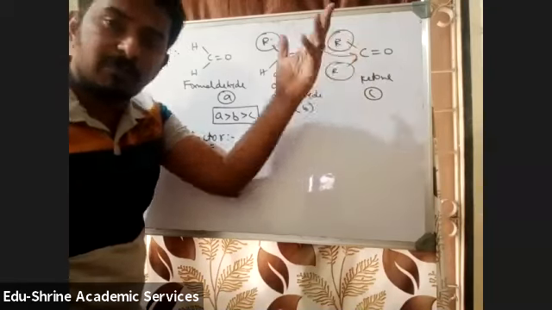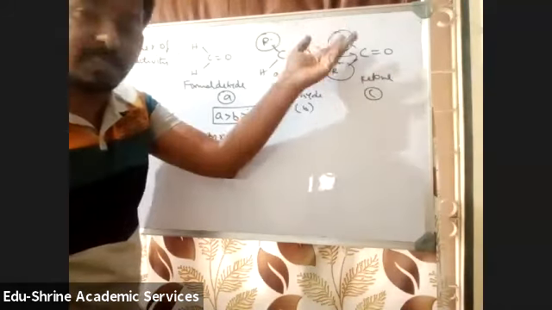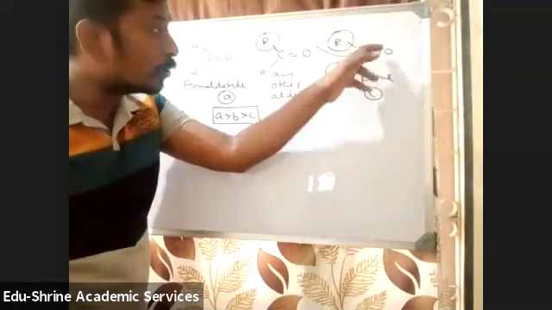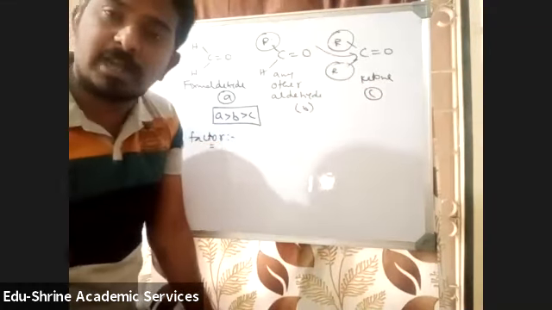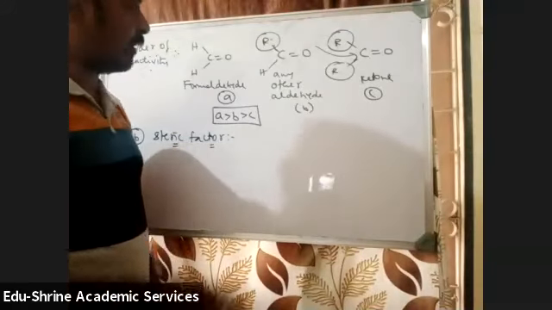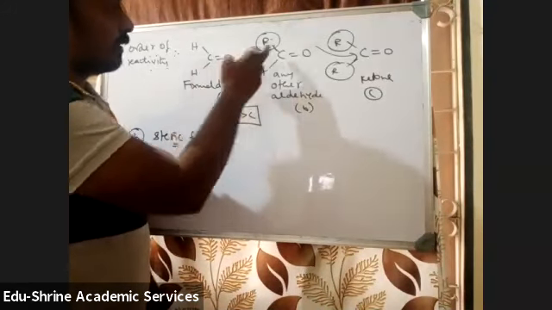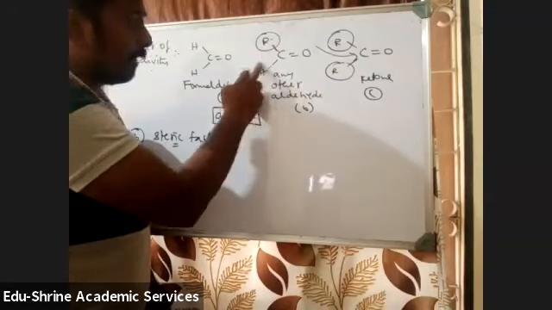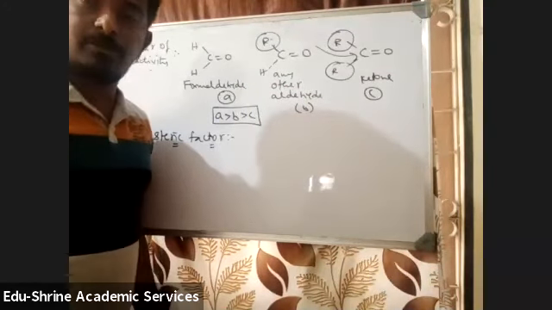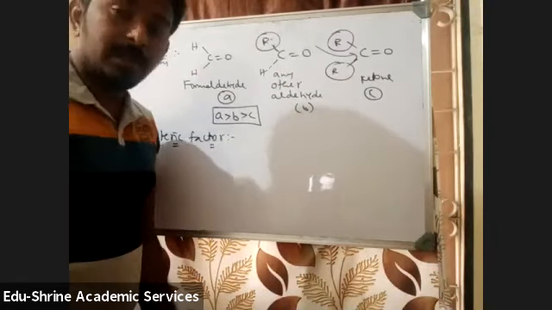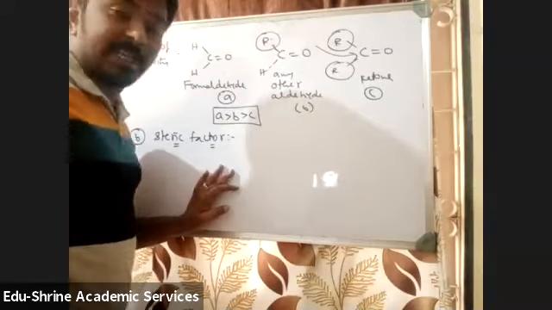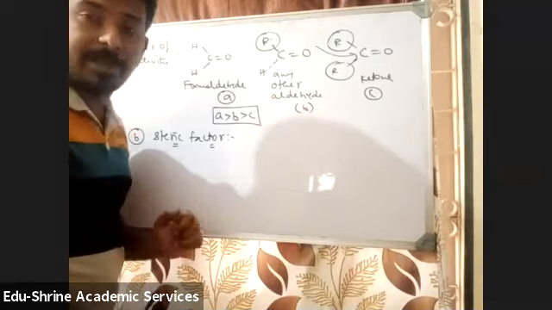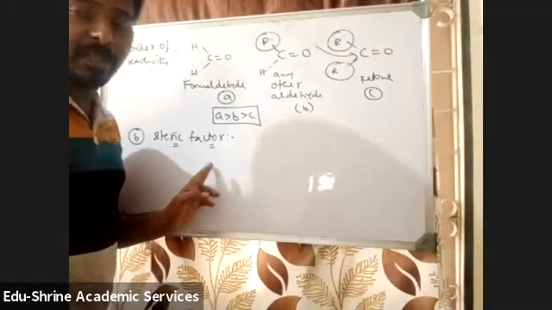Like a methyl group will occupy some space, and if it is ethyl, still more steric factor will be there. So more is the crowding here, less will be the reactivity towards nucleophilic addition. In aldehydes you can't find much, because from one side there will be repulsion, but from the other side it will be very little because hydrogen doesn't offer any repulsions. So that is also another reason through which we can explain ketones are less reactive. One is inductive effect, the other one is steric factor.